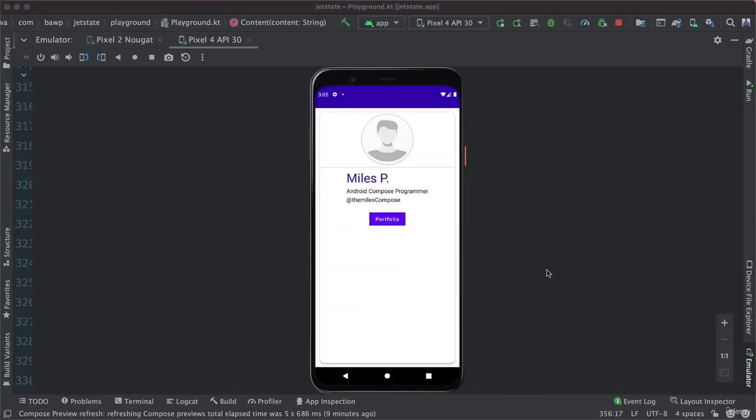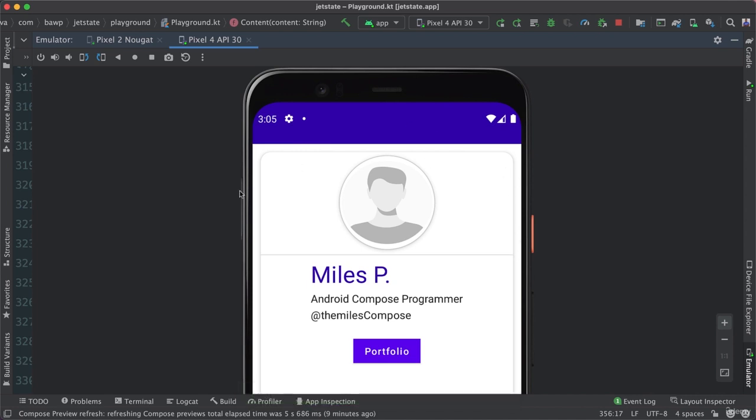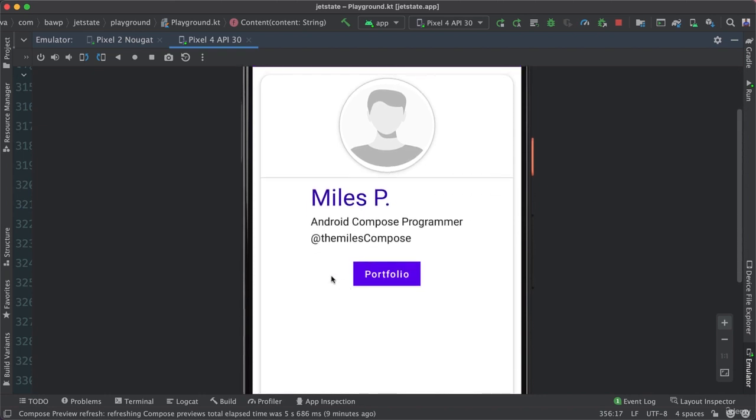So here is a little demo of what we're going to be building. Okay, it's very simple, like I said, but it will showcase the power of Android Jetpack Compose. The app is running. As you can see here, we have a profile picture, and in the background, if you can see, let me make this a little bit bigger, perhaps you're going to be able to see. You can see we have this very nice background, rounded corners, and we have a profile picture, divider, name, and of course, Android Compose programmer, the title of this person, and then their Twitter account handle there,